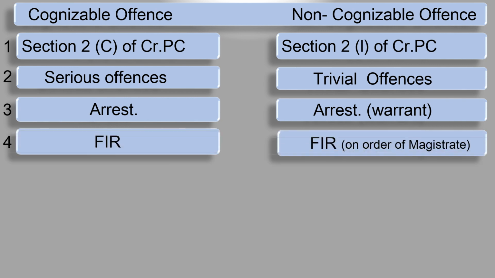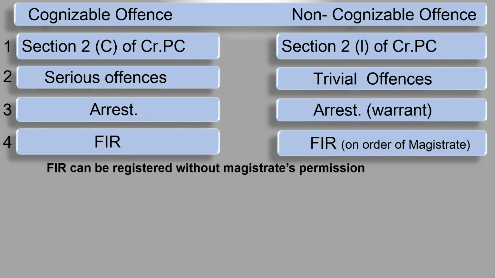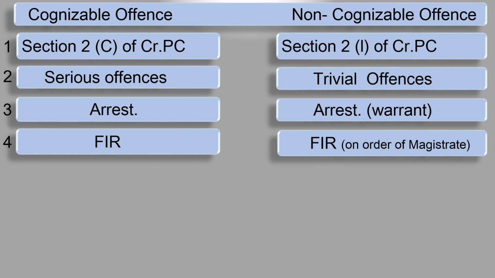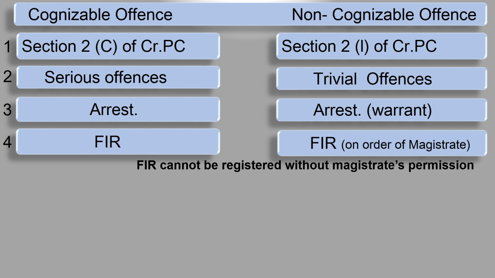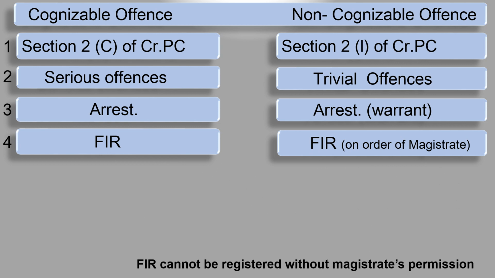Fourth difference between the two, FIR. In cognizable offenses, FIR can be registered without magistrate permission. Whereas in non-cognizable offenses, FIR cannot be registered without the magistrate permission. The fifth difference between the two,